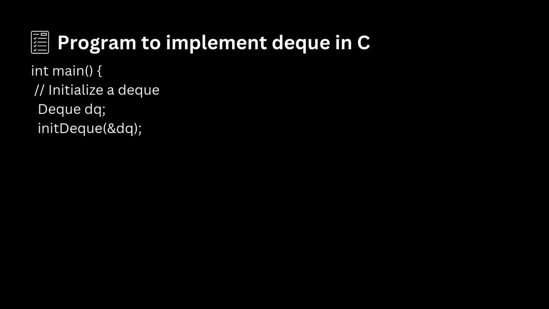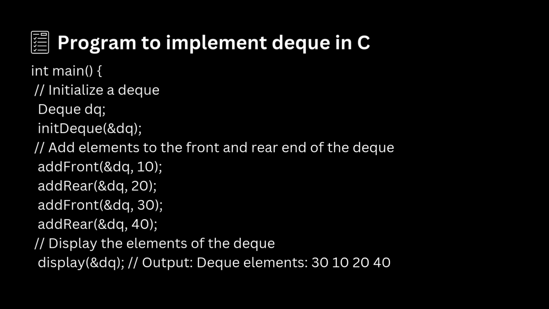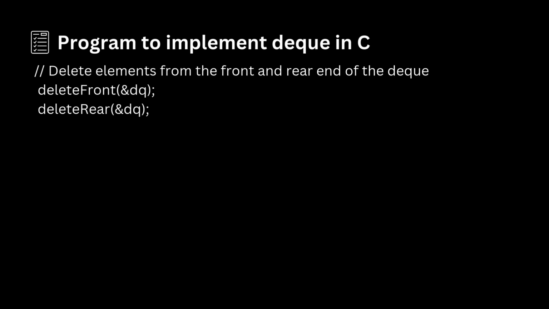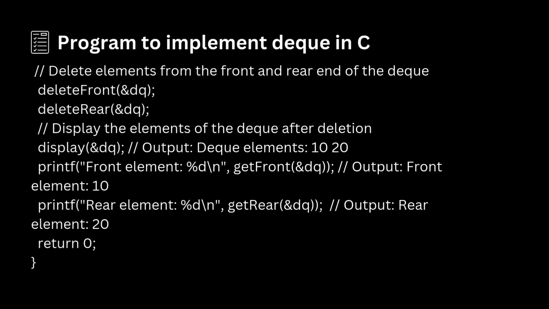Let's write the main function. First, we initialize the Deque using the initDeque function and add elements to the Deque using addFront and addRear. Then we display the elements of the Deque using the display function, which prints the Deque elements. Then delete the elements from the Deque using deleteFront and deleteRear. Now display the elements of the Deque again using display, which now prints the remaining Deque elements. Finally, get and print the front and rear elements of the Deque using getFront and getRear. The output is